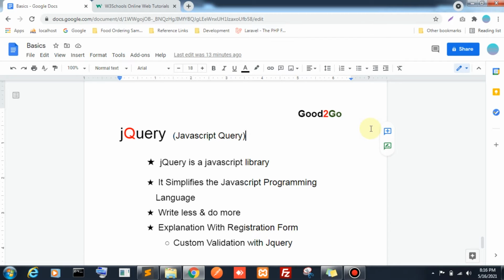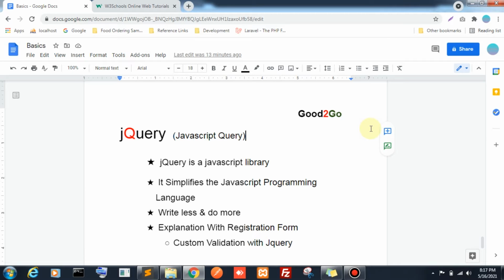What is the main aim of using jQuery? It simplifies the JavaScript programming language. For example, let's take one big contact form. In that form we will have 10 plus fields. To validate the 10 plus fields, we would use 100 plus lines in JavaScript, but in jQuery we can reduce it to within 15 lines. We import the jQuery library file inside that contact form, then use about 15 lines of jQuery code to reduce the functionality bundling. So what is the main aim?